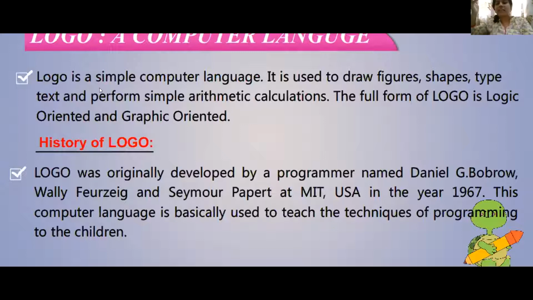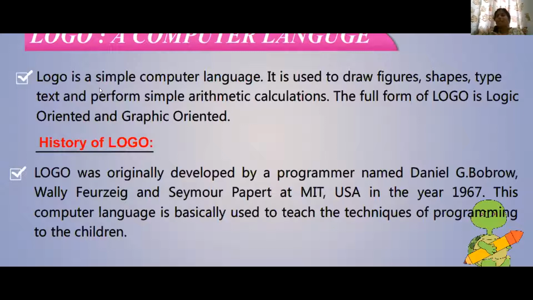The same applies here in computers. For that reason, we need to talk to the computer in its own language using different platforms. So one platform we saw was Scratch. Now this is one more platform, MSW Logo, and MSW Logo was also designed by the same institute who designed Scratch, which is MIT.